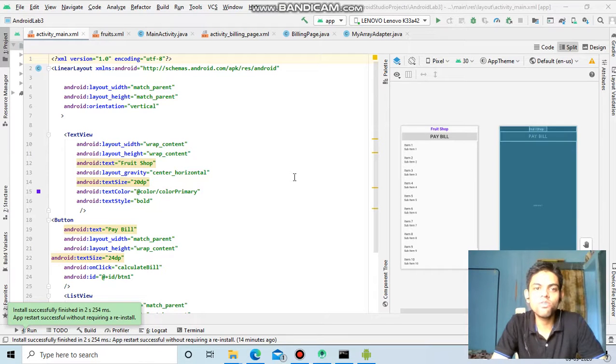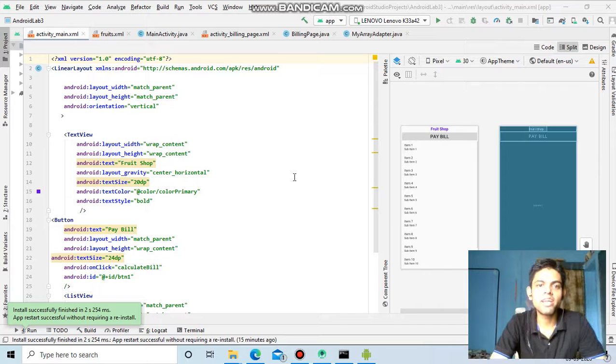So as you know, a list view cannot support photos, meaning images and text together. It only supports strings. So we can customize, we can create our own list view so that we can add contents to it. In this video we are going to see how to create a shopping cart using a customized list view, and we will also be discussing something called an adapter.